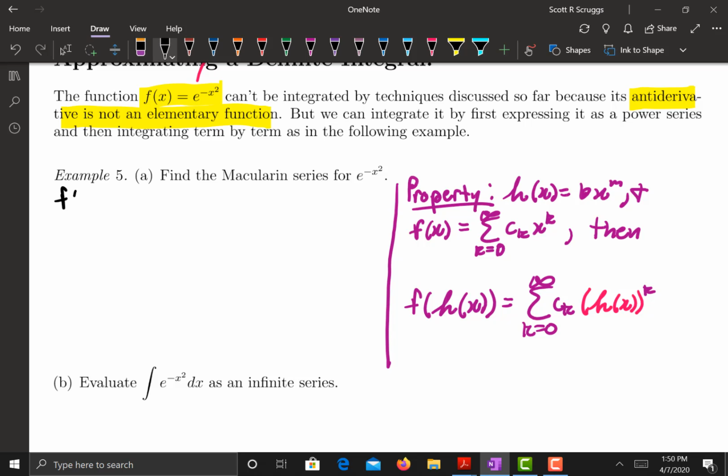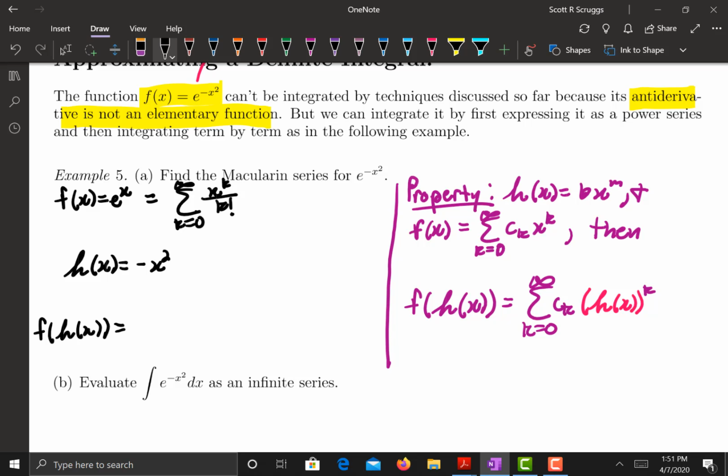In this scenario, my f of x is e to the x, which I already know the Maclaurin series to be the sum from k equals 0 to infinity of x to the k power over k factorial. And in this case, the function I'm compositing is negative x squared, where b is negative 1, h is 2, which means my power series representation by this property from section 11.2